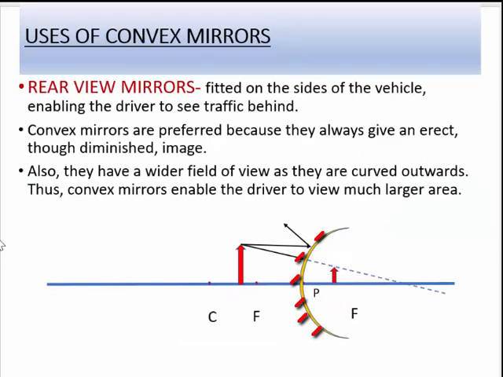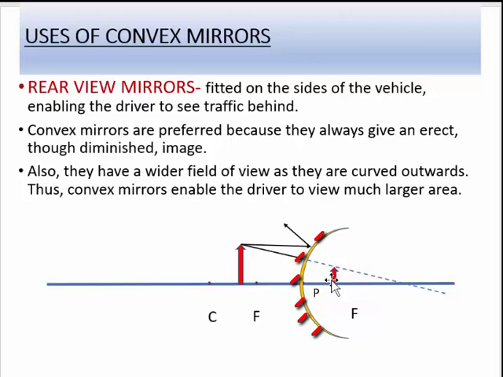Convex mirrors generally find their application as rear view mirrors in vehicles. If you must have seen, the mirror that you use as a side view mirror is generally a convex mirror. Now, why do you prefer that? We all know that a convex mirror gives us only a diminished image, and the image is erect. While we are traveling, there are many vehicles coming behind our vehicle. So we would like to see all those vehicles in order to have a good sense of the traffic.